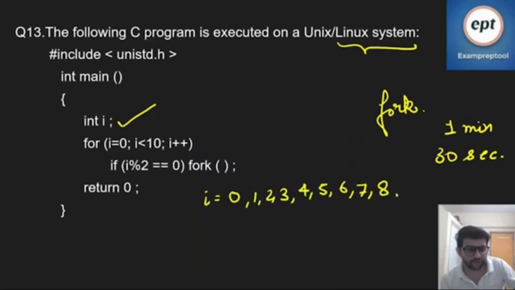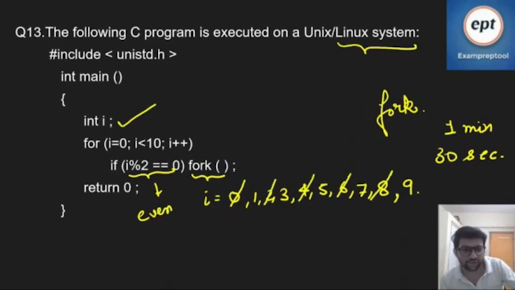Just write this for clear explanation. Okay. And if i mod 2 equals 0, this means that when i is even, there will be a fork call. So we can say that there will be a fork call for i equal to 0, i equal to 2, i equal to 4, i equal to 6, and i equal to 8. So there will be